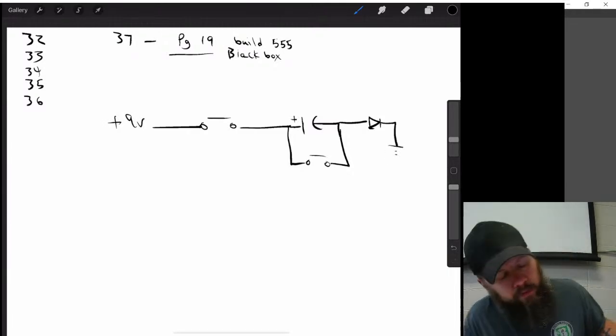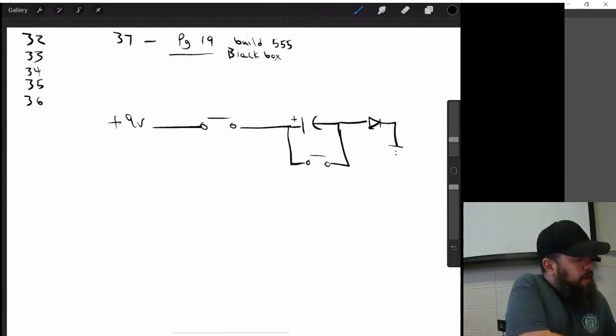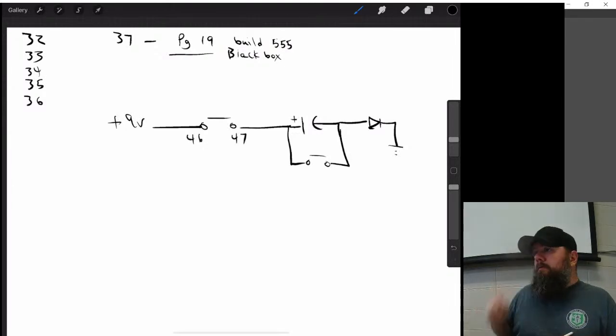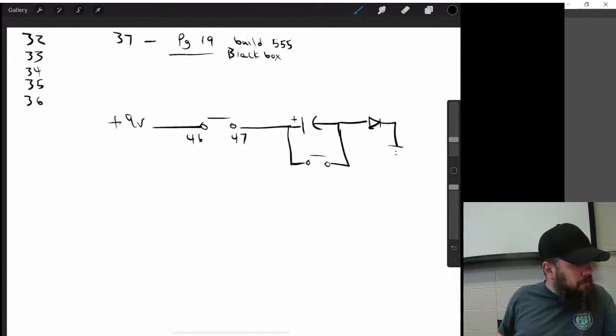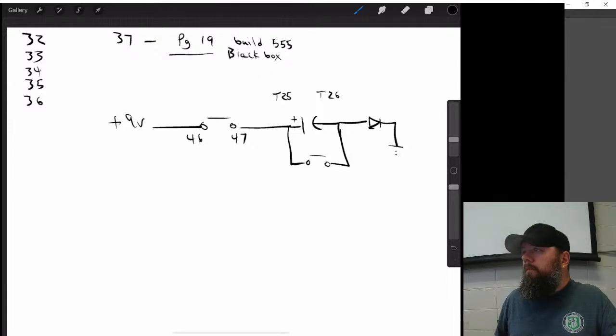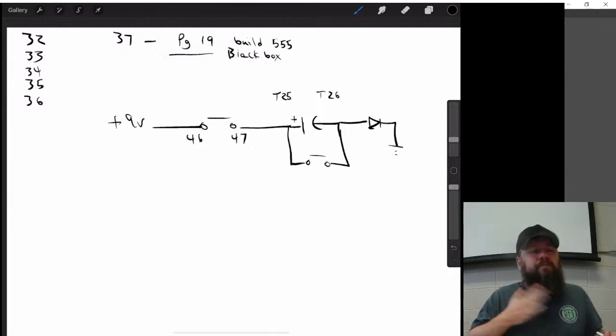Okay. Couple of things to note. It does give you like 46 and 47 as being terminals to go to that button, right? But then it does in the note say to put this on T25 and T26, the capacitor, right? You need to get